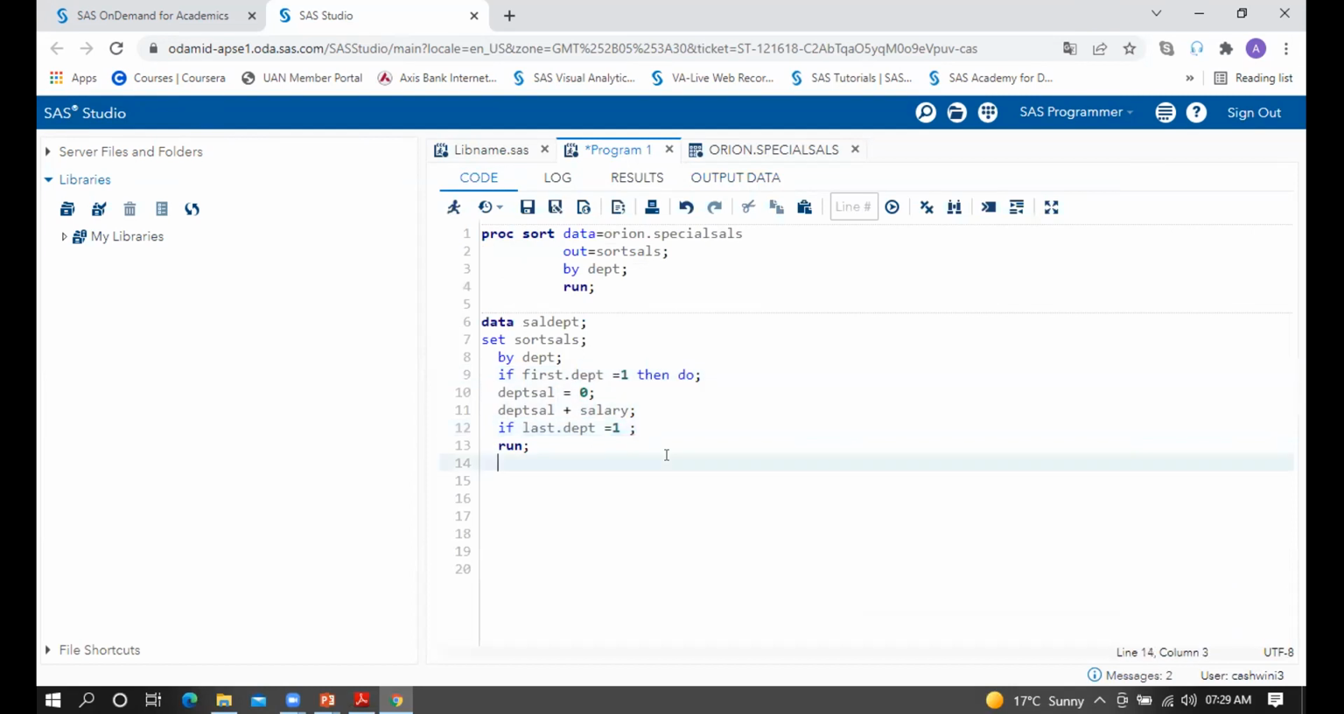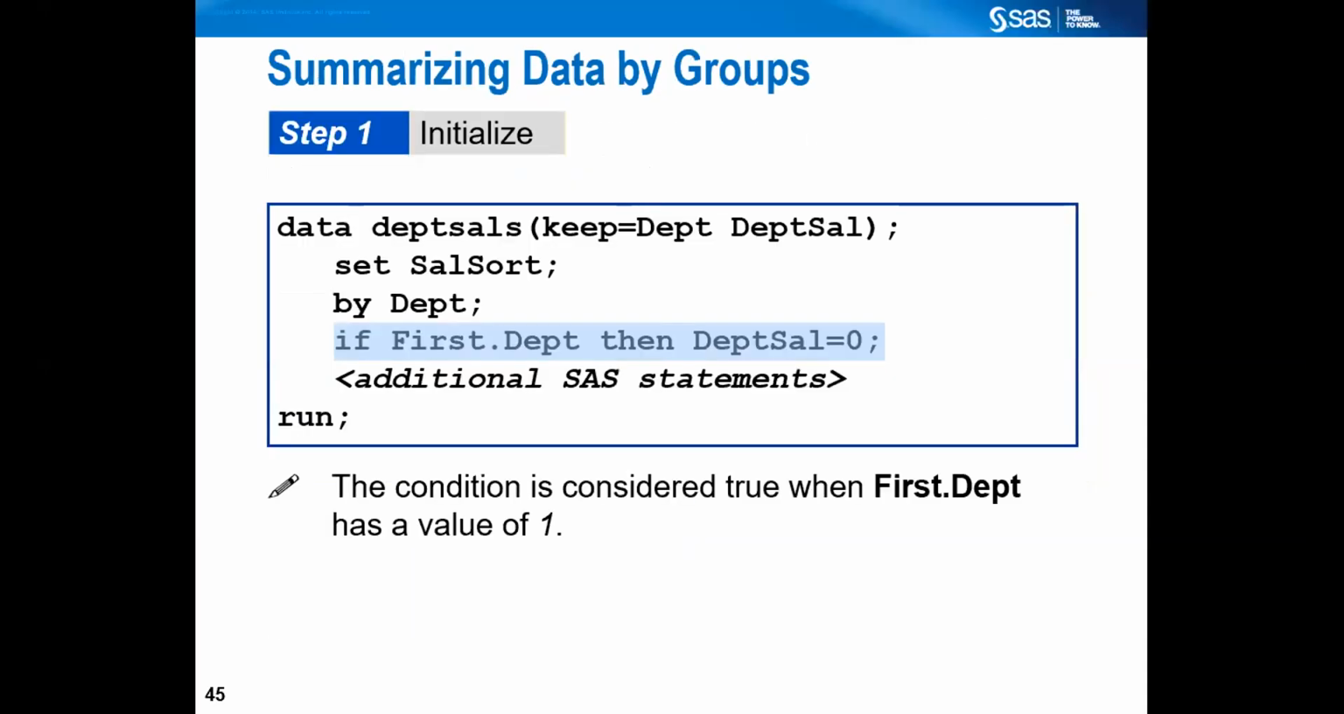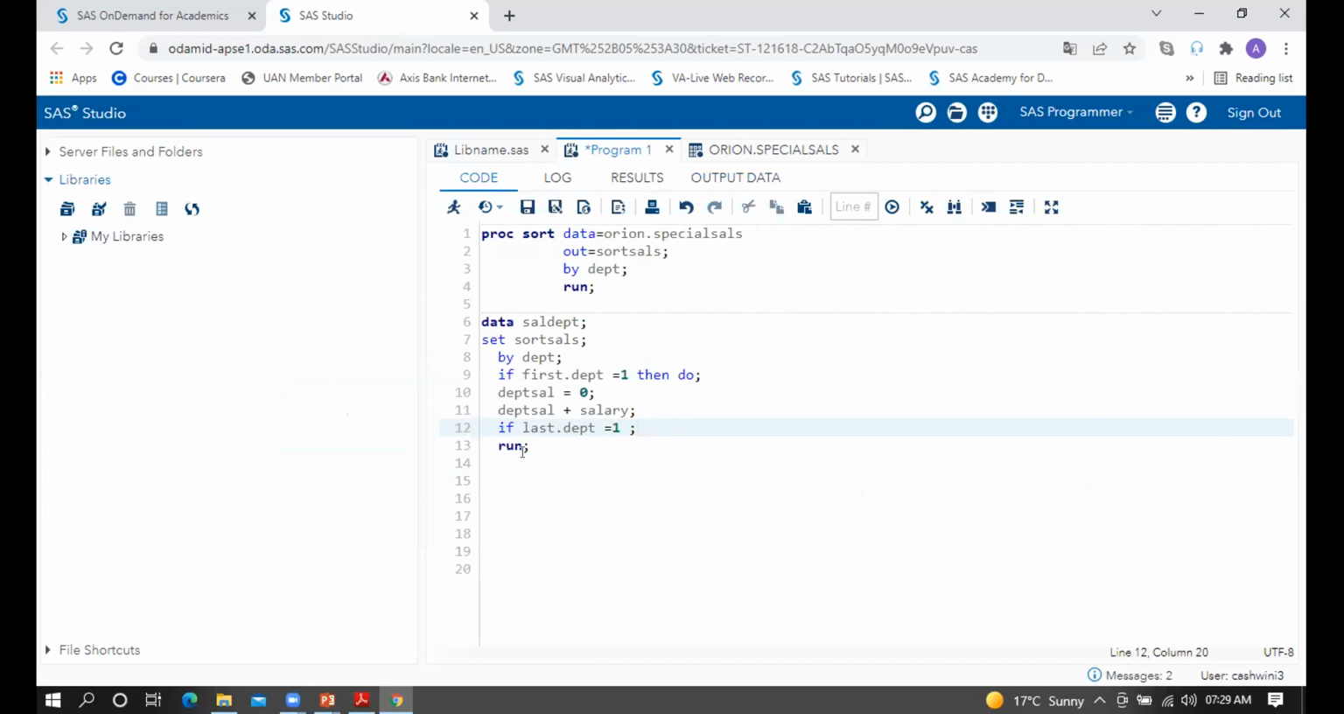I think here first.department is 0, right? You have written 1 in the code. Yeah, so this is what it's telling because it is within the group. So I'll show you how it works, okay? So when I execute this data step,